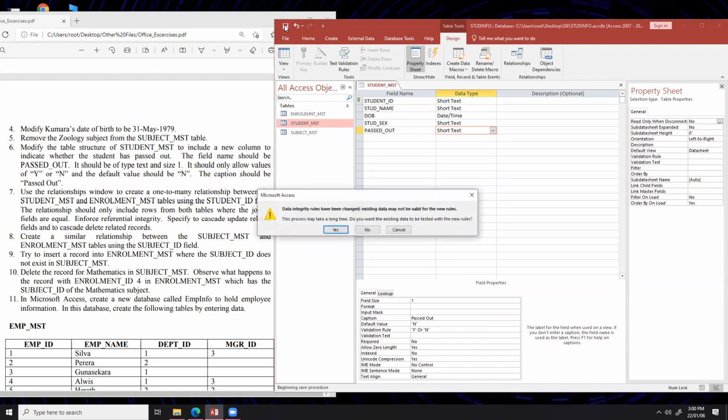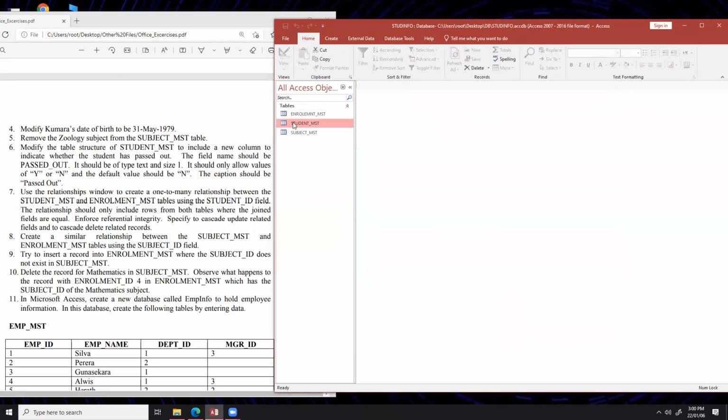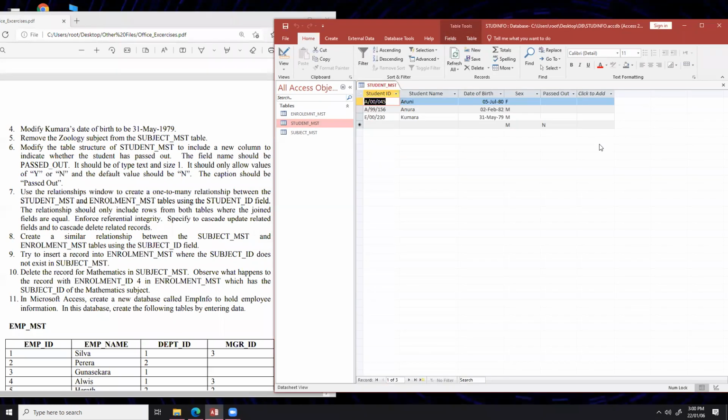Right. Again, save. Click on save to save the structure. Then click on yes. There will be a kind of message, because in this table we have already inserted the set of data. So here we can type the new values. Okay, let's say no. Okay, like that you can